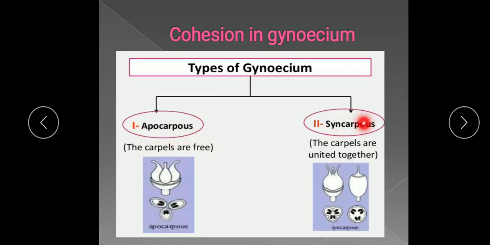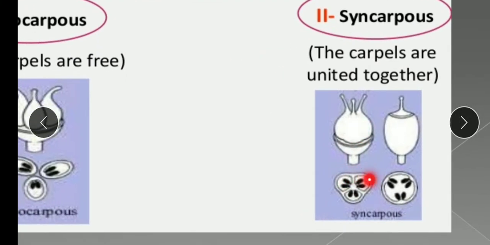The second condition is syncarpous. Syncarpous condition means a pistil with two or more carpels that are fused. You see here 1, 2, 3 style and stigma are seen, but at the base there is a single structure, which means that the ovaries are fused here. So this shows the fused condition in the carpels. You can see in the transverse section here also that three carpels, 1, 2 and 3, are seen, but they are fused. This condition is observed in brassica and tomato.